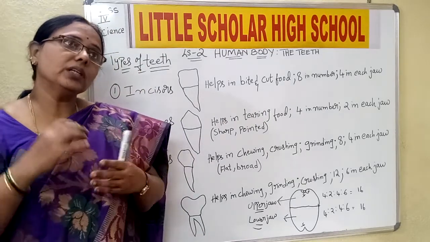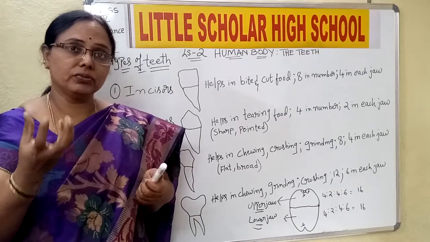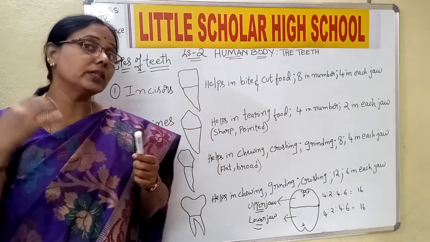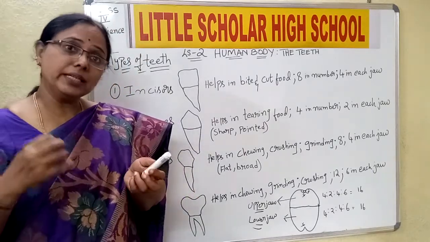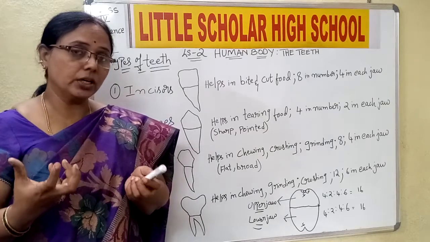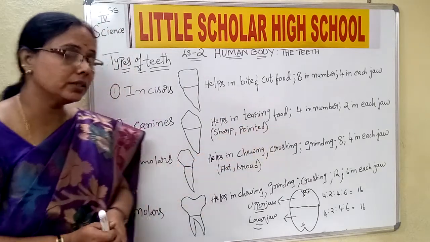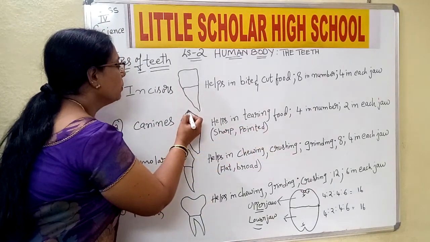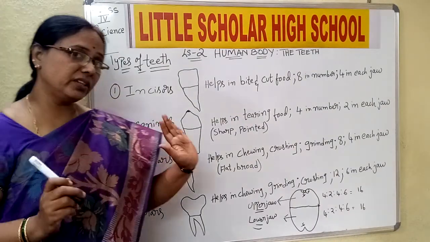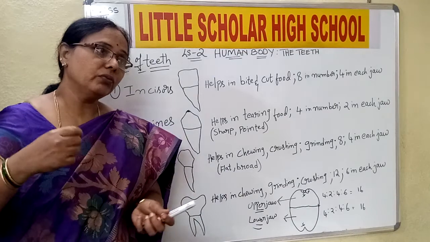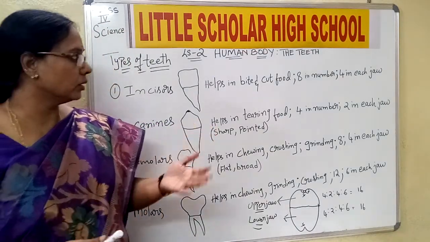Usually these kinds of teeth help when you eat meat. They are mostly well developed in carnivorous animals which eat a lot of fresh flesh, because they need to tear that flesh. Are you understanding, children? So canines are sharp and pointed. They are usually helpful when meat kind of food is taken by a person or an animal.